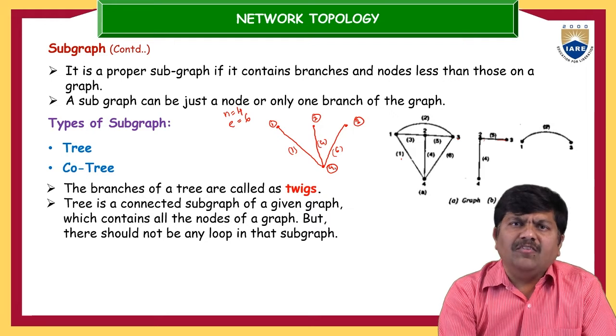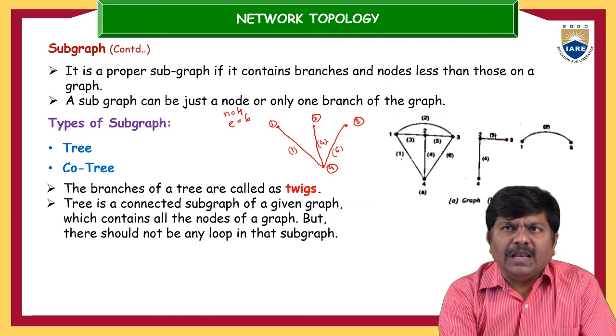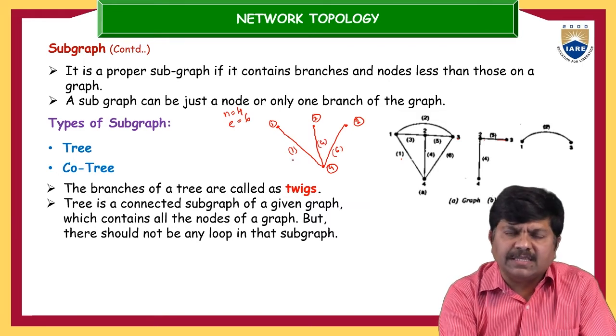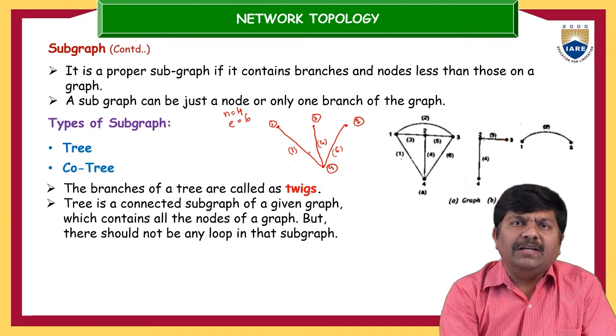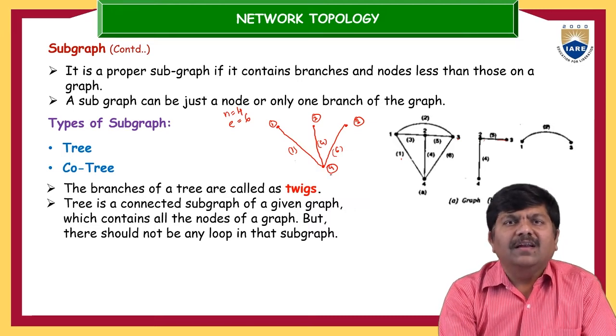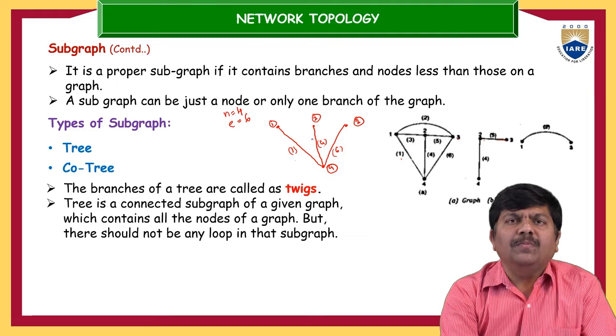And at the same instant, coming to the elements. Now if you are adding elements one by one to the starting subgraph, we have started by drawing element number 1. Now we have added element number 4. If element number 4 is added to the existing subgraph, that is element number 1, there should not be any closed path. Like that, you have to add elements to the existing subgraph. If at any point you find any closed path, then that won't be a tree. So that is very, very important. So if you are adding element number 4, there won't be any closed path.